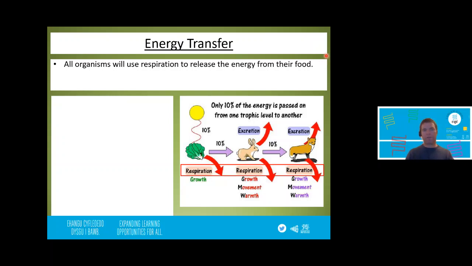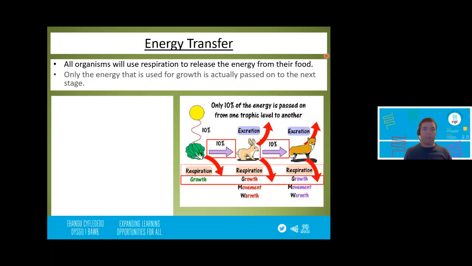So the first thing we have is all organisms use respiration to release energy from food. It's one of the characteristics of living things. All organisms, whether they're a producer or a consumer, use respiration to release energy from food. Respiration, as you're hopefully aware now, is a topic in this unit or this particular module, so I'm sure you're familiar with it, and it's a topic that appears in so many other topics, and that tells you that it's a fundamental topic needed at GCSE, and indeed A level.